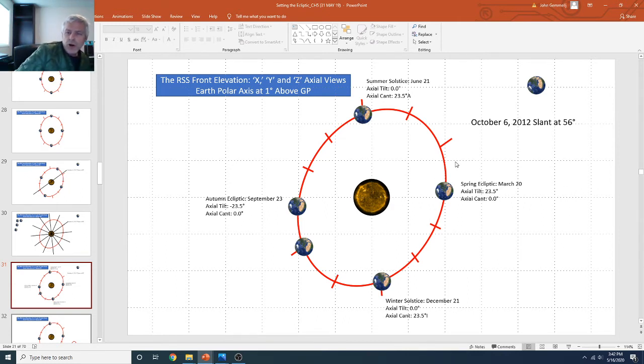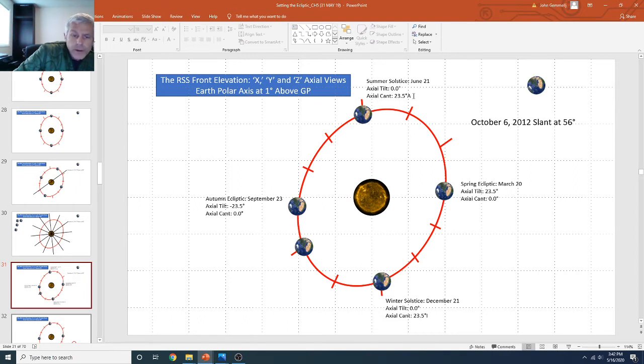All right, so here we are looking at it here, right? So this Earth here represents the summer solstice, June 21. And this isn't every year. Sometimes the solstice will occur at a different date, like the 22nd or the 23rd, depending on something. I'm not sure what. It changes sometimes. Axial tilt is at 0 degrees. Axial cant is at 23.5 degrees